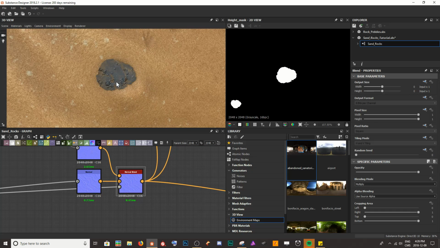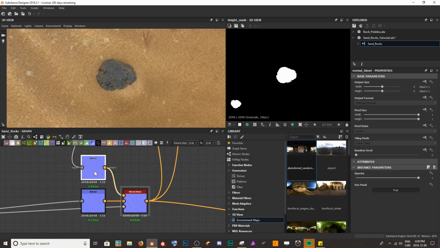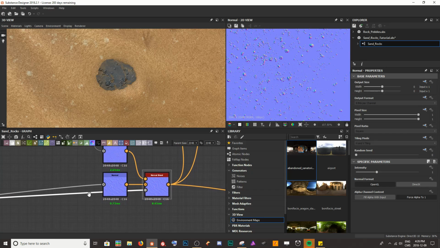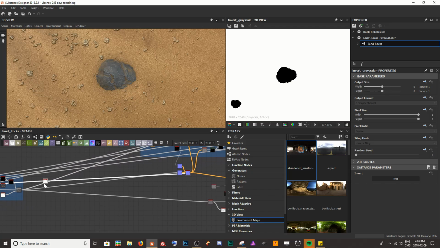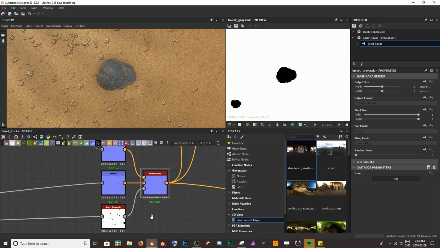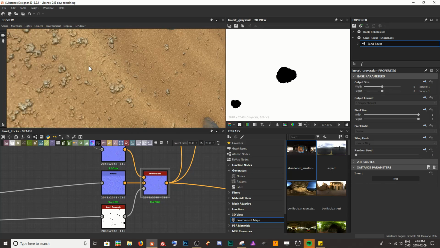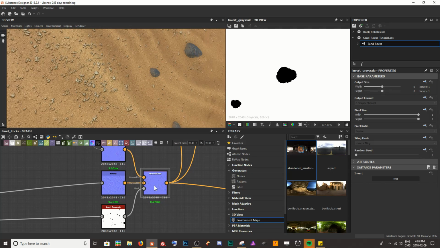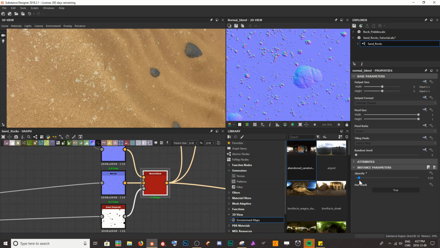And you can see what that does is completely the opposite of what we wanted, because we've got the white value telling us again to use the top node here. So all we need to do is add an invert grayscale. And I'm just going to leave that guy there. So now you can see that we've got all of this little white specks having some normal information on the sand. And so now I'm going to reduce the opacity to about 0.05,